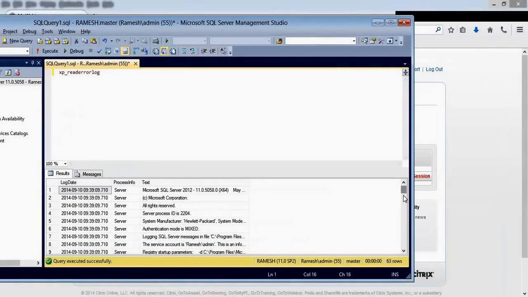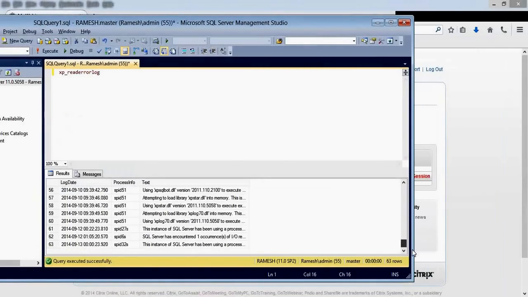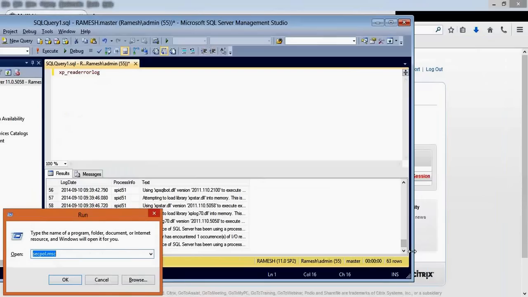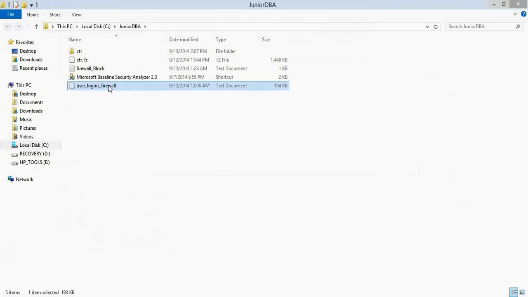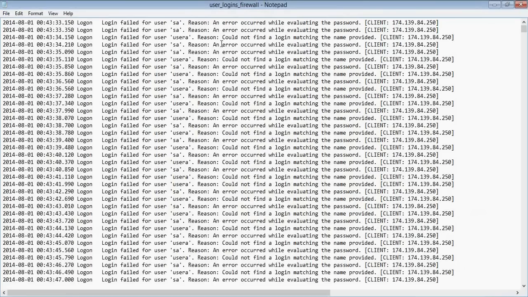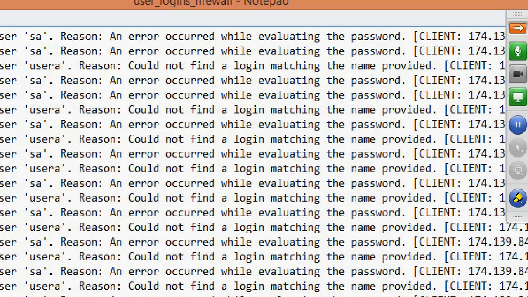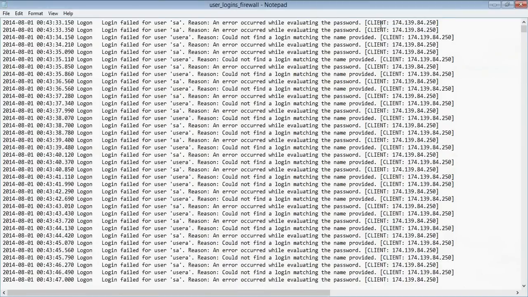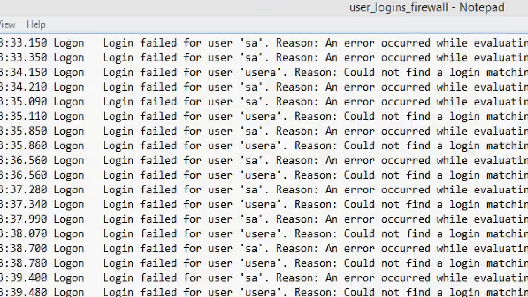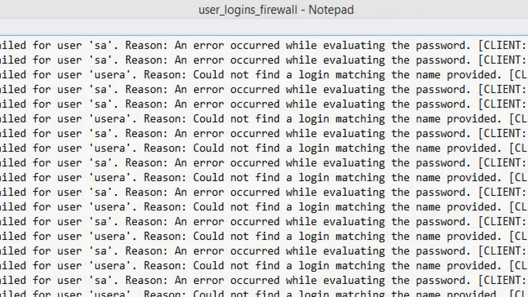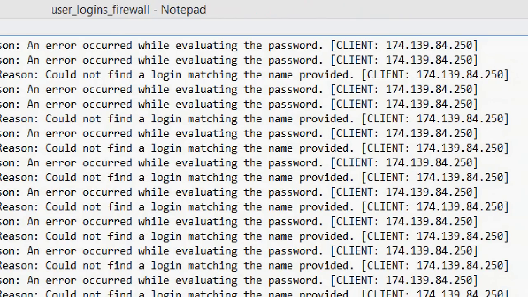And just go to the last line of it. If you see anything suspicious here, for example data like this, your error log filled with this type of data, login failed for SA, reason: error occurred while evaluating the password, and here is the IP.